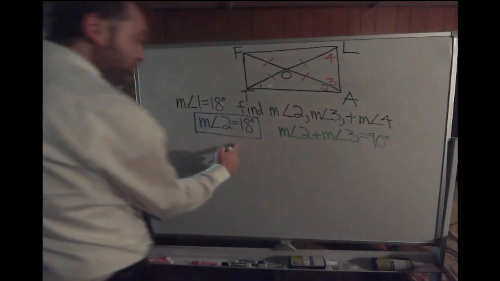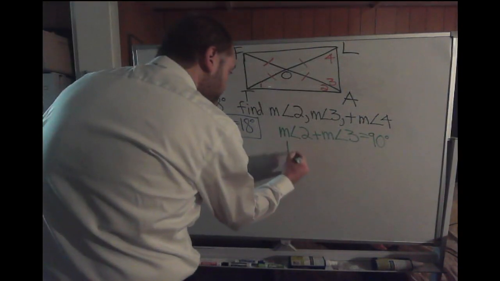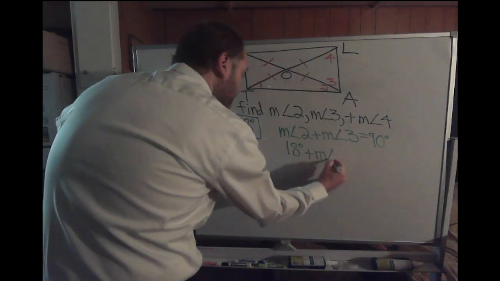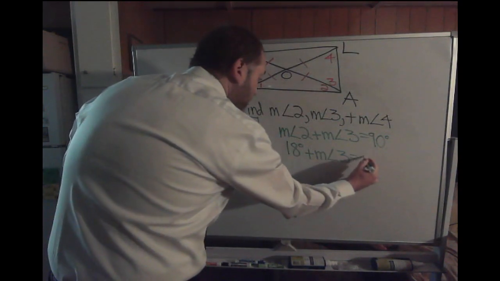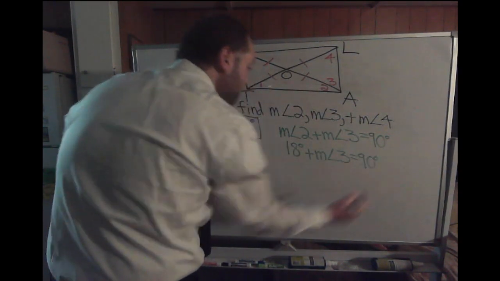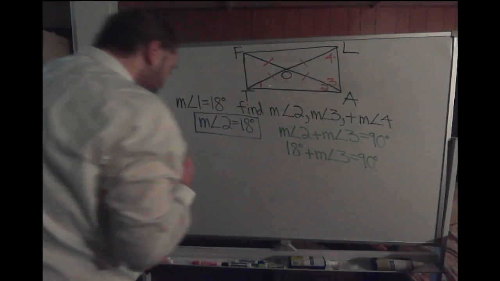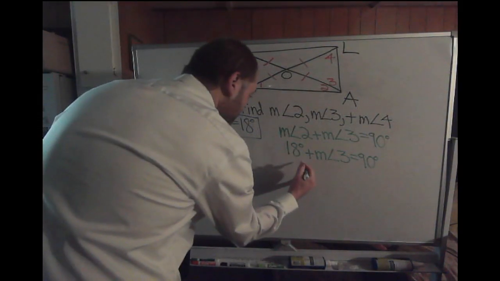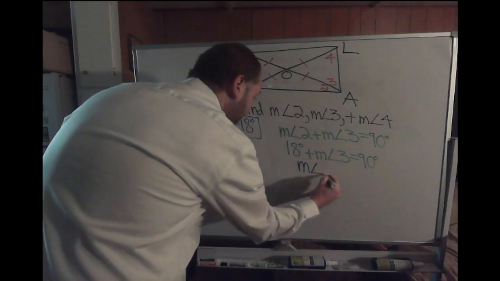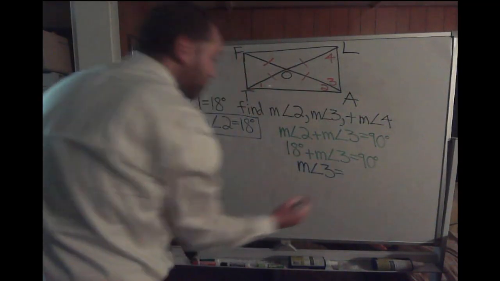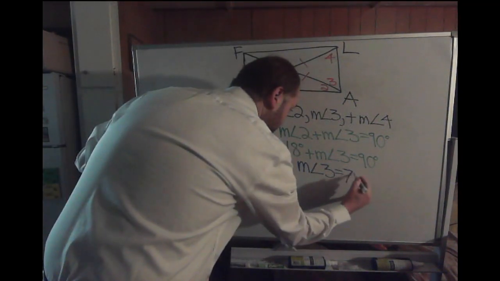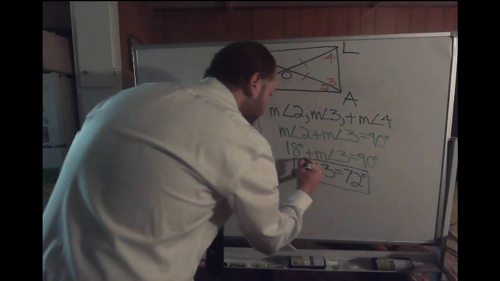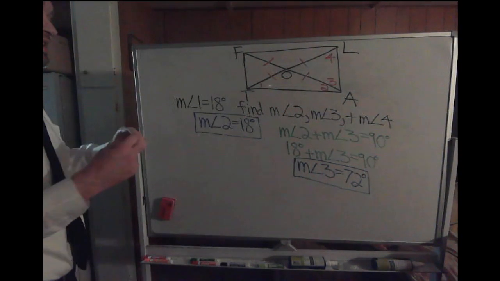Well, we know the measure of angle 2 is 18, so we'll put in 18 degrees plus the measure of angle 3. That would equal 90 degrees, which should just then end up giving you that the measure of angle 3 would equal 72 degrees. So we got the measure of angle 3 equals 72 degrees,